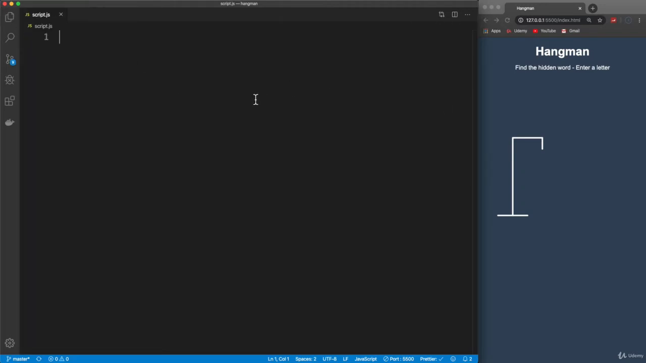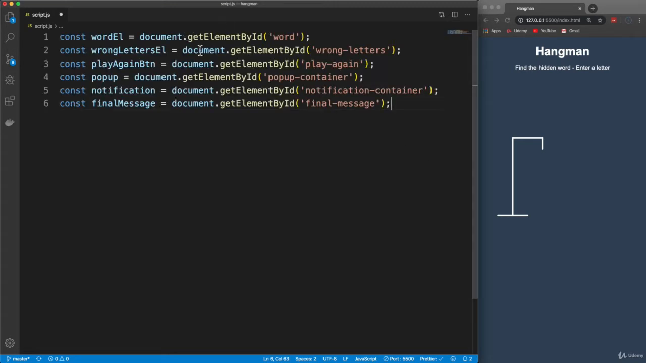So the very first thing I'm going to do here is grab the DOM elements that we need, and I'm just going to paste these in real quick and go over them. I don't like to copy and paste, but there's a lot of repetitive stuff here. We're just grabbing stuff from the DOM. So first we're grabbing the ID of word, putting it into word element. We have our wrong letters element, which is what's going to show up here, shows the wrong letters. Play again button, the pop-up, the notification down at the bottom, and the final message, which will be the heading